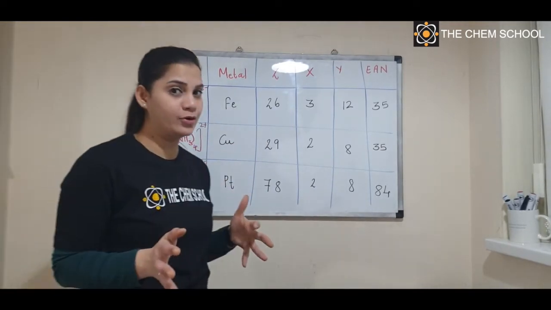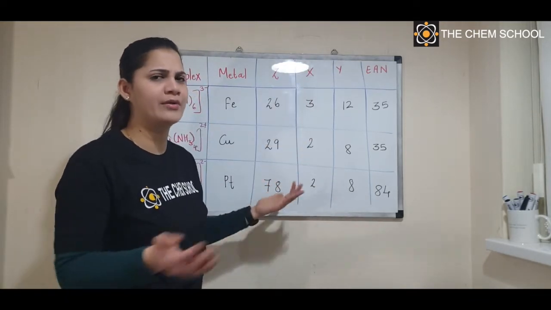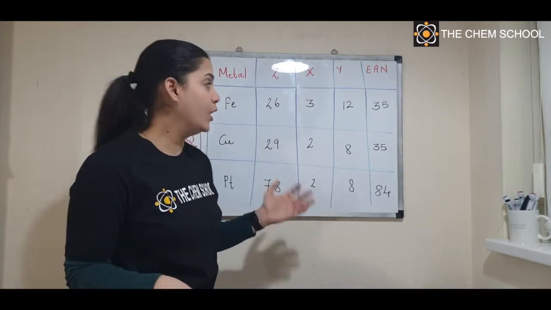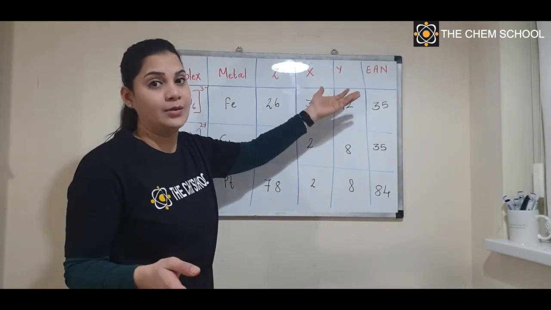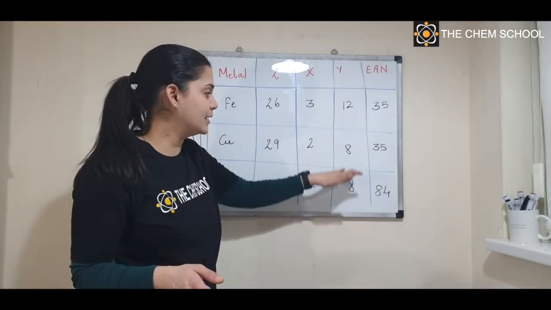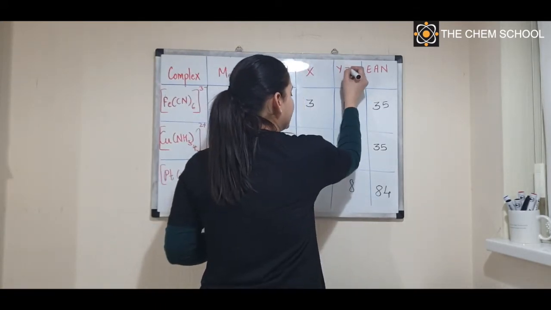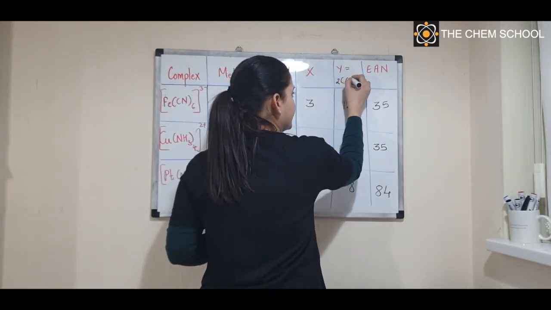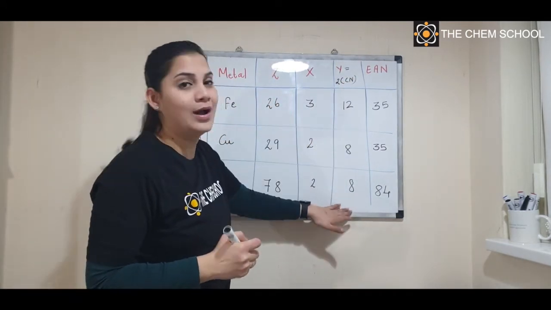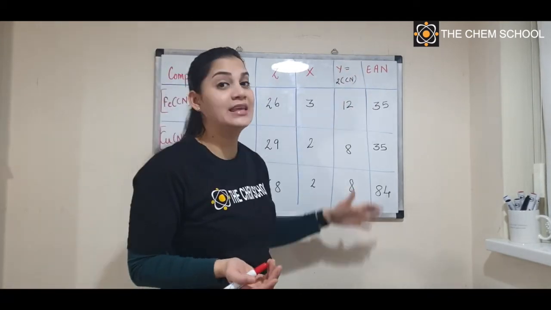Now what you have to do as homework is find out how you got this oxidation number. You already know all the concepts. I'm attaching the link for the oxidation number calculation as well. You know how to find the number of coordinate bonds, so into 2 will give you this, that is nothing but y. I'll just write down that if you have a doubt. So y is nothing but 2 into the coordination number. Is that clear? Fine. So you have the coordination number, and what you have to do is z minus x plus y, you will get the EAN.